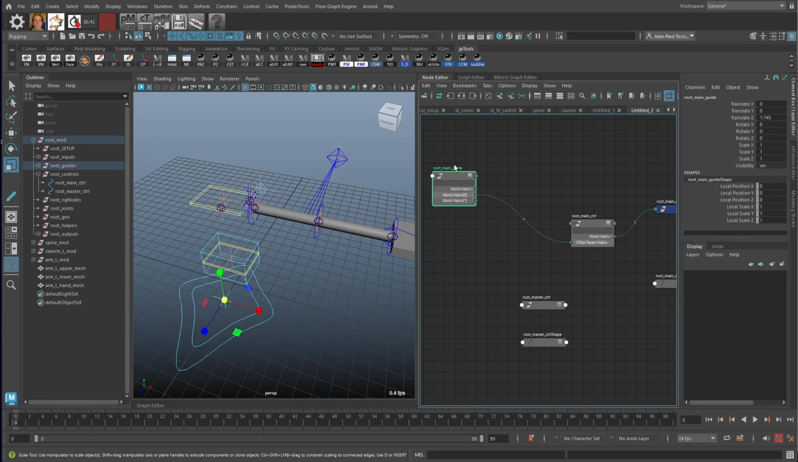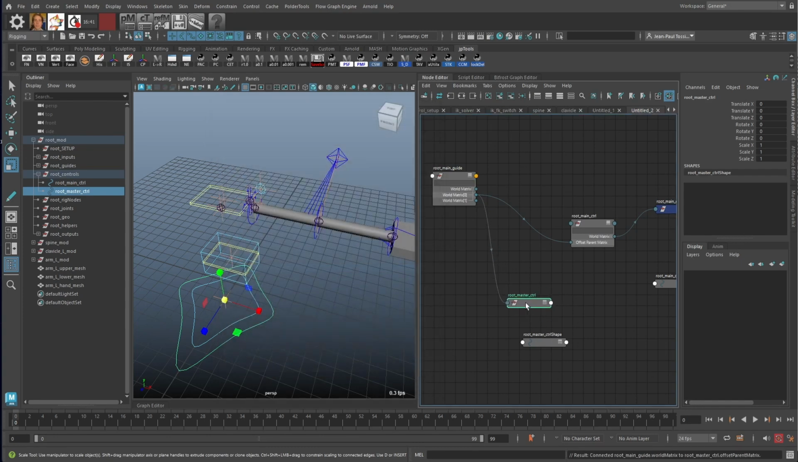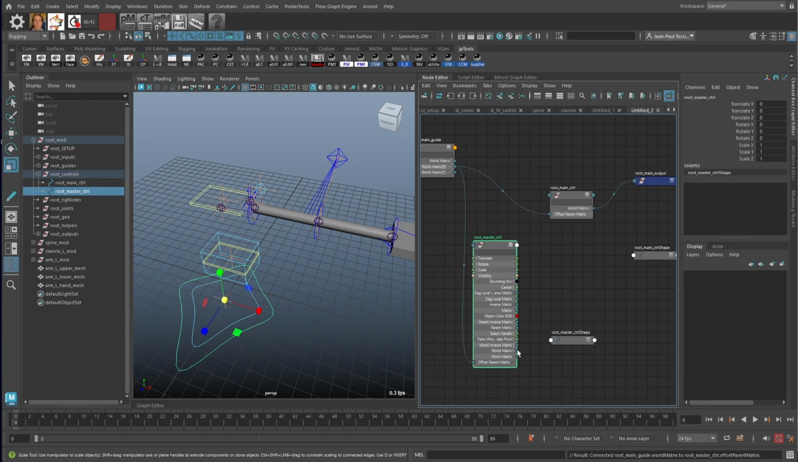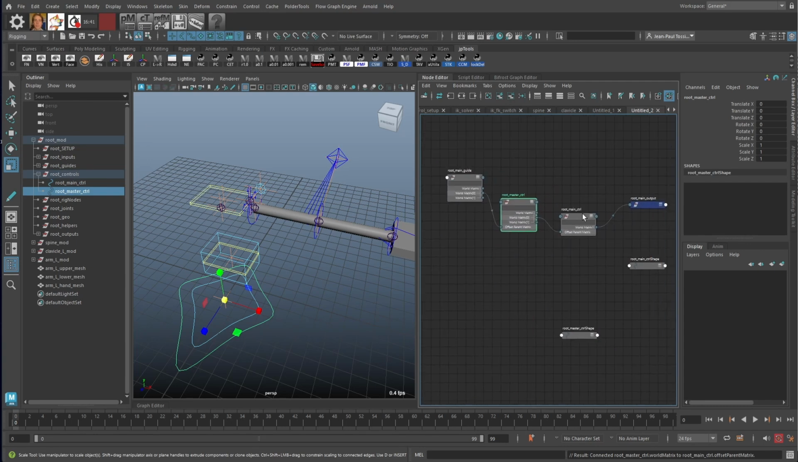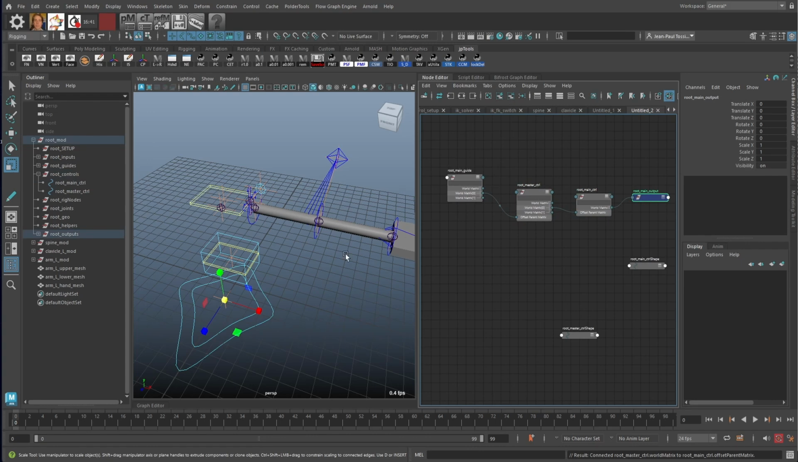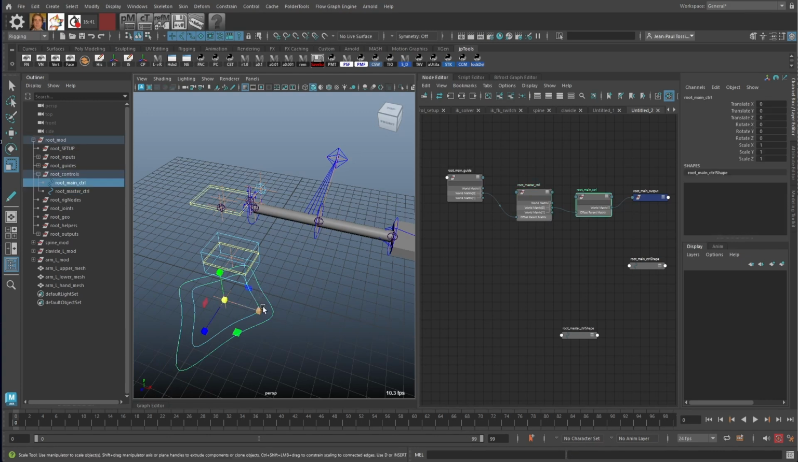So we can just take the main guide and plug it directly into the offset parent matrix of the master control, and then we can take the master control world matrix and plug it directly into the main control offset parent matrix, like so. So we have now introduced the master control in between. So the master control, of course, now scales the whole rig as well, and the main control